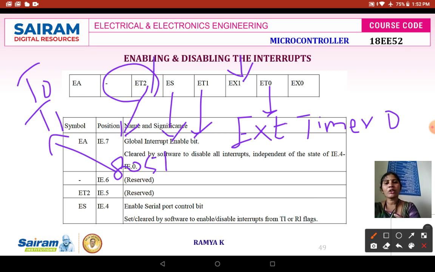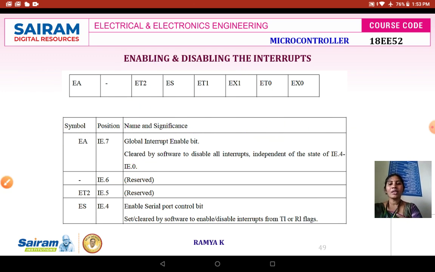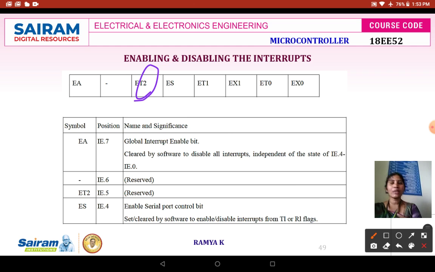These spaces are reserved in case you want to extend the controller to an upgraded version. If the upgraded microcontroller has timer 2, then you can use the ET2 bit. Otherwise, it is not mandatory to focus on it.